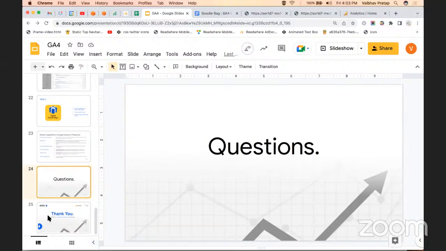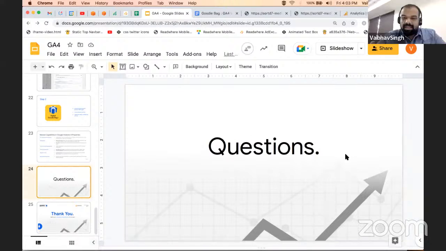Second question we have, what is the main difference between Universal Analytics and Google Analytics 4? So we have covered these many points here, and to the user who has asked this question: the basic difference is in the measurement criteria itself, how things are getting measured. Earlier, things were measured on simple statistics, like this is a page view, or this is a scroll event, or this is a user, this is a bounce rate.